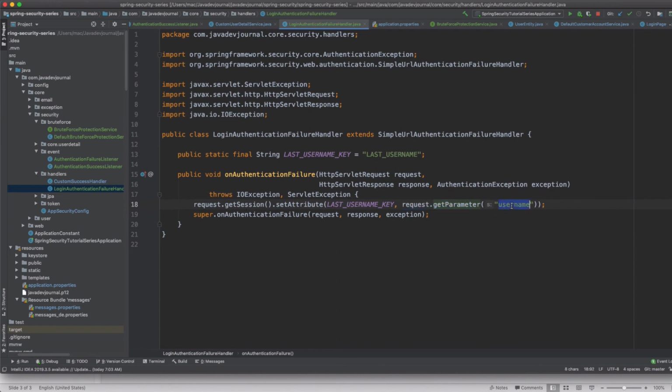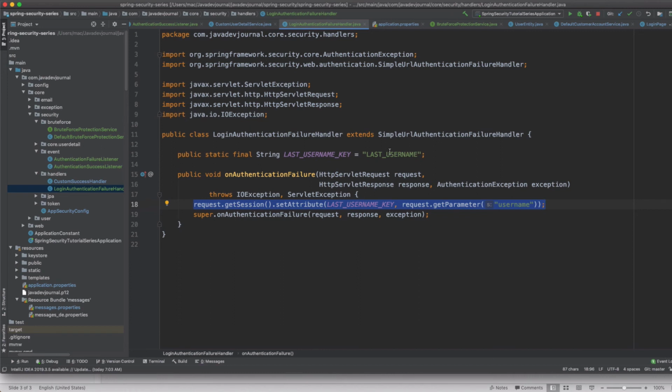So username is the form field name. And be careful that prior to Spring Security 4, this field name was j_username or something like that, but they have changed this to username after Spring Security 4. So based upon your form name, you probably want to go with something different altogether. I'm just setting it into the session.